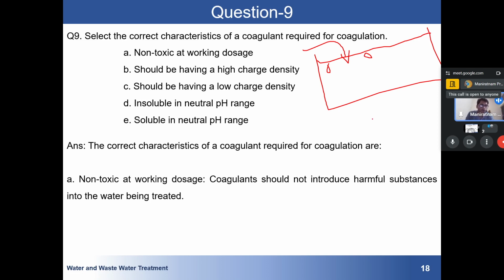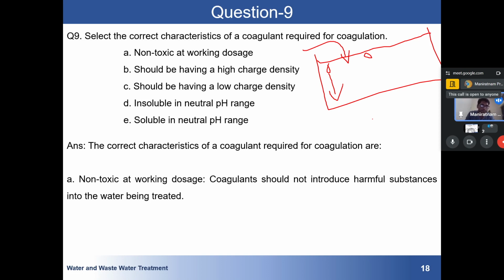So by adding coagulant, we are destabilizing it and making it settle down. The most common is alum, because the working pH range of alum